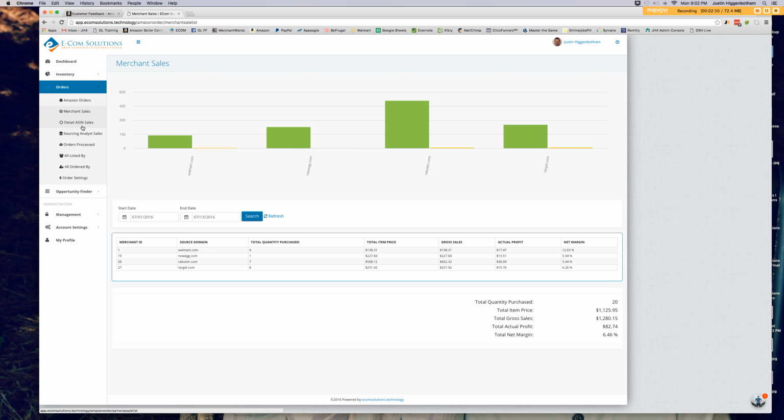Merchant sales kind of keeps track of all the items sold. Let me see here. Detailed ASIN basically keeps track of certain ASIN numbers and their sales up to date. Sourcing analyst sales, what that is,